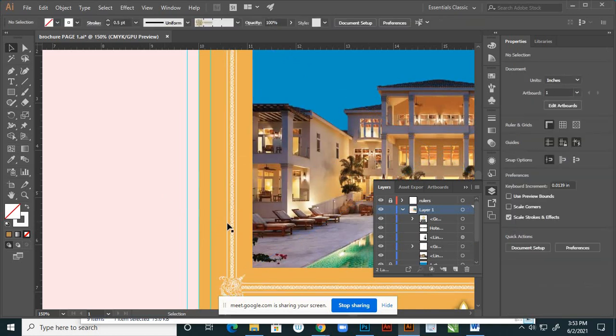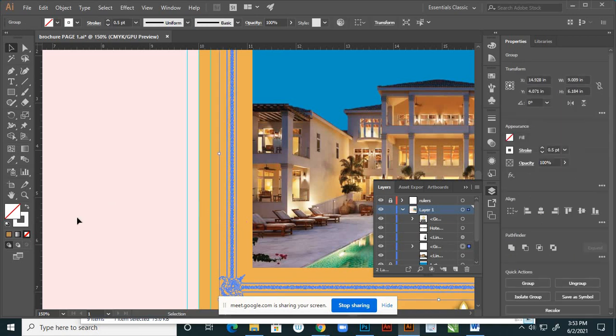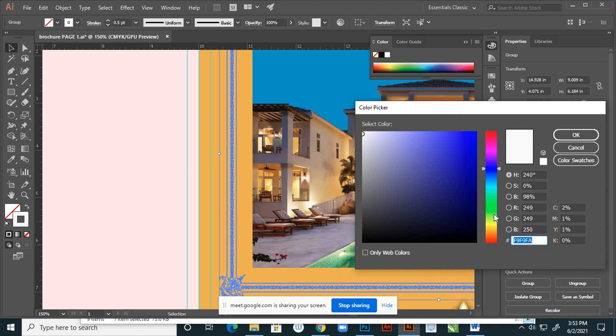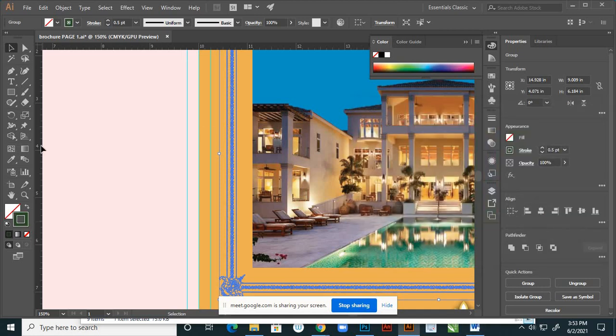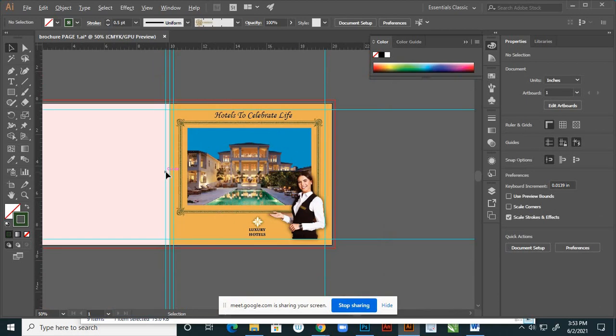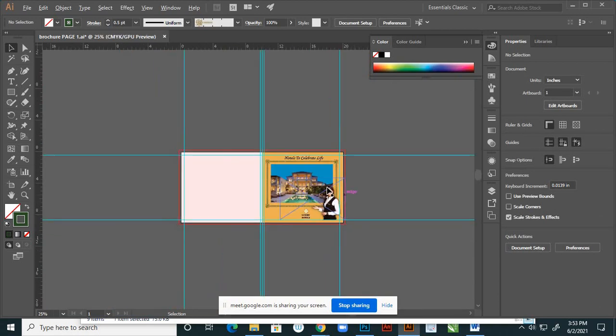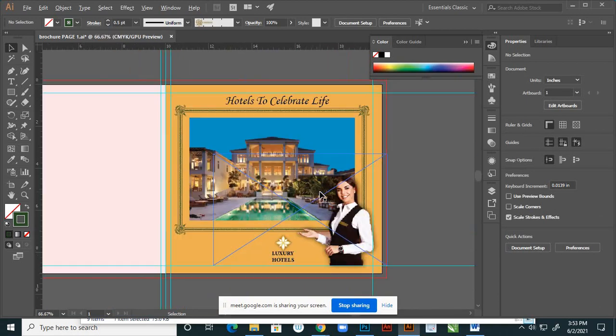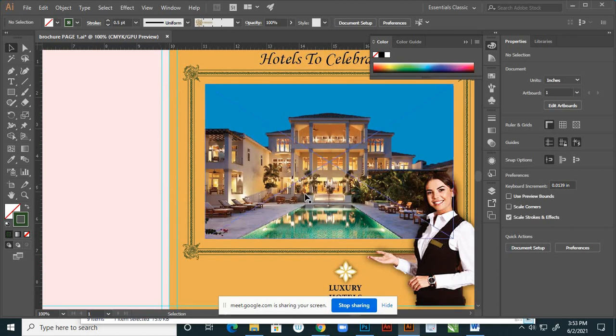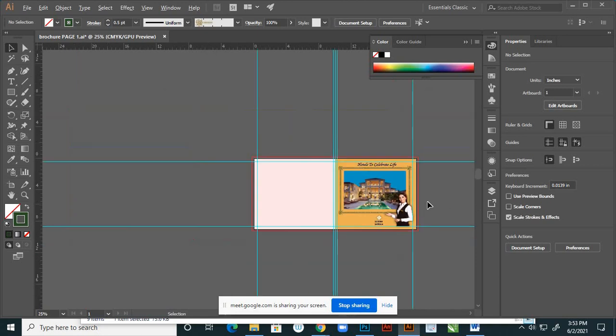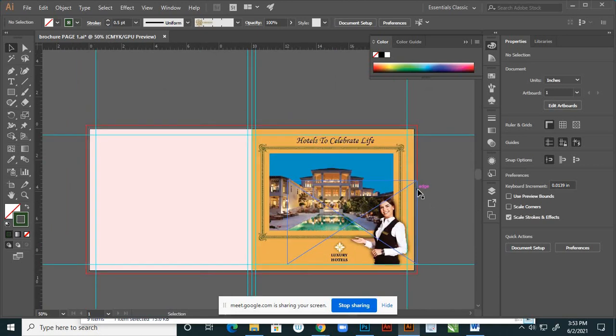Ungroup and select this border, and change it to some different color. Yes, now it is looking better than the previous, because the previous one was very dull and mixed with that background. Now this portion is highlighting.